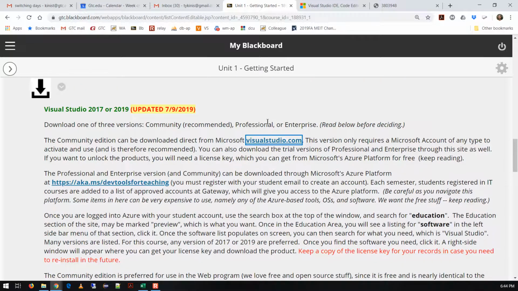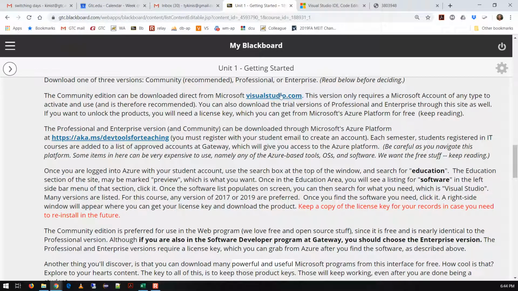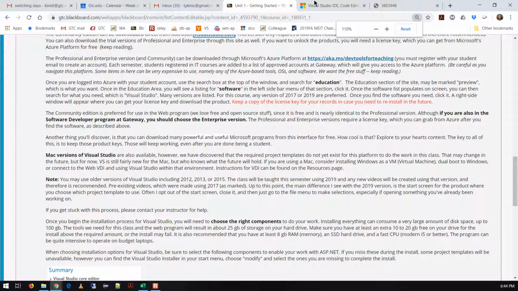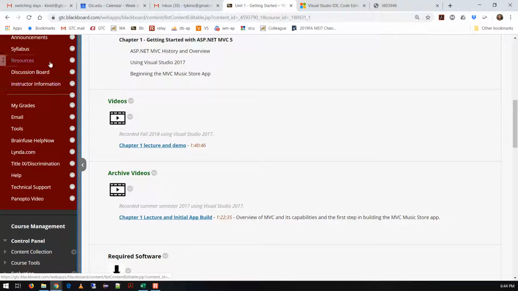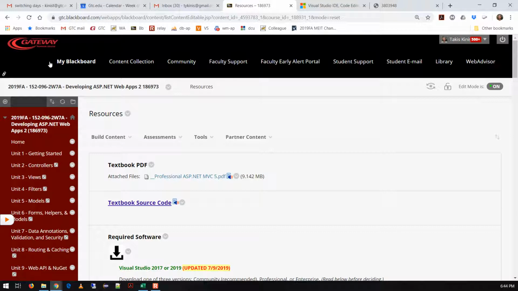Now, for those of you not wanting to use this approach, you might be familiar with the fact that on our resources page here, I have some information for you, and I encourage you to click on that link. So left side menu, the section's called Resources. I want to show you a couple things here first. First of all, for those of you that have purchased the book, there is a PDF copy of the book there